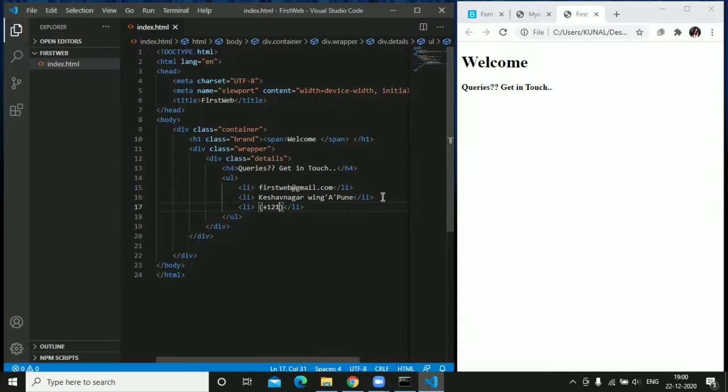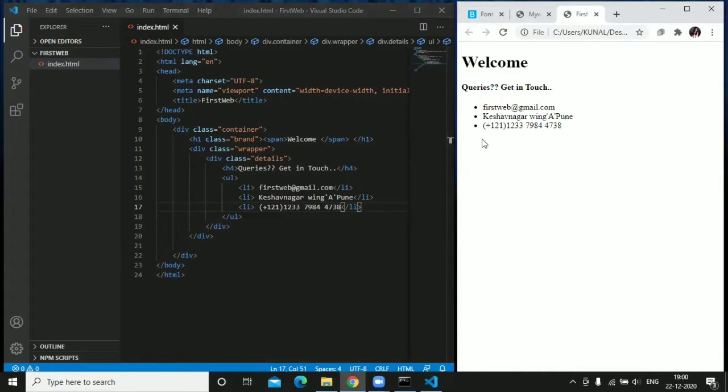Remember that we are using different divs so that we can separately assign their style attributes to design it and make it impressive. So yeah, it is working.